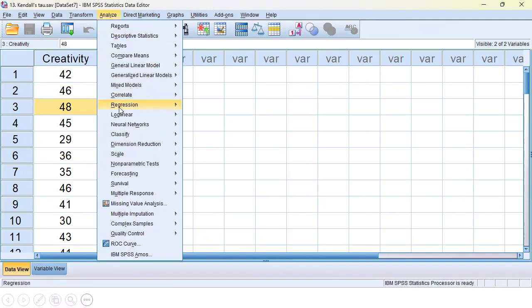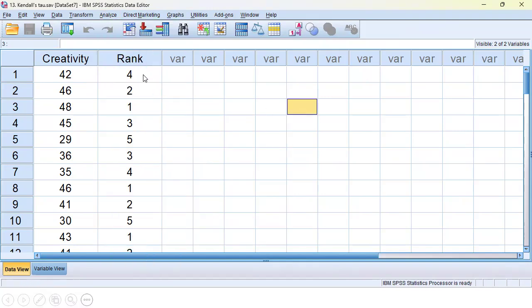So analyze: here one data is ordinal and another data is interval or ratio scale data. So when one variable's data is discrete and another is continuous, then we can use the